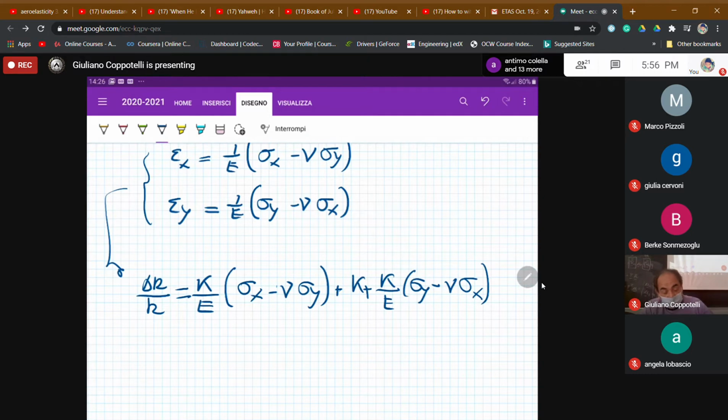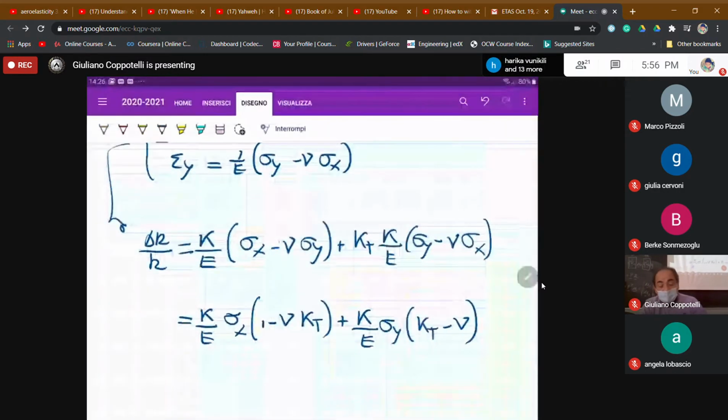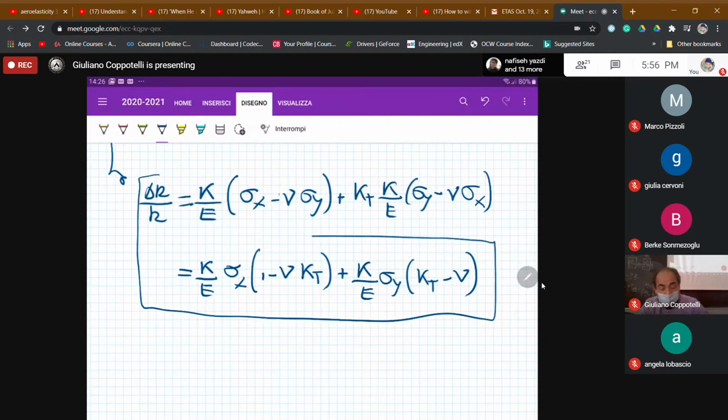That could be rewritten as K over E sigma x (1 minus nu KT) plus K over E sigma y (KT minus nu). Okay, so that is the general equation